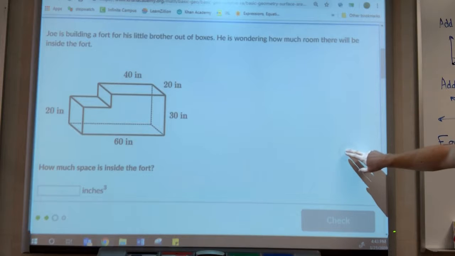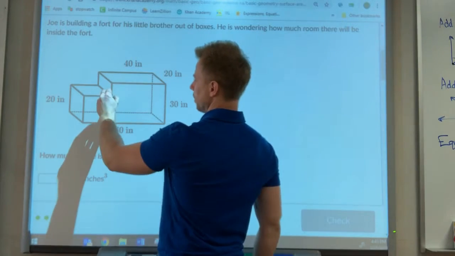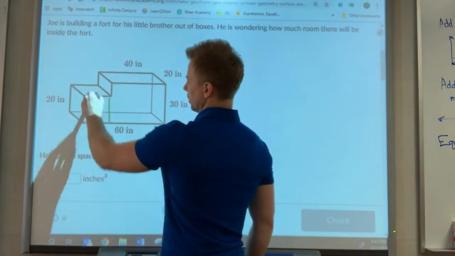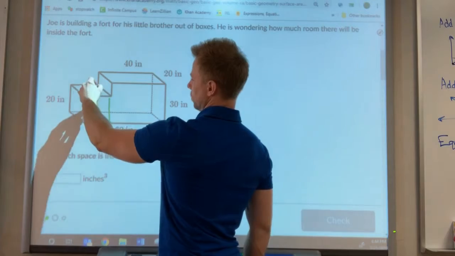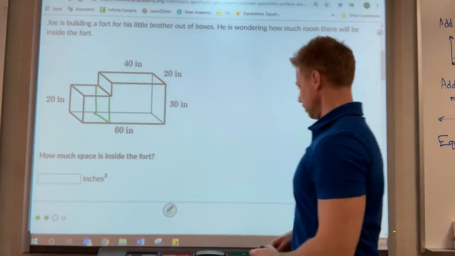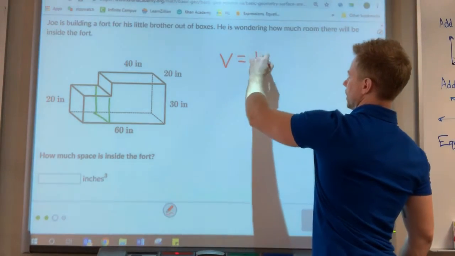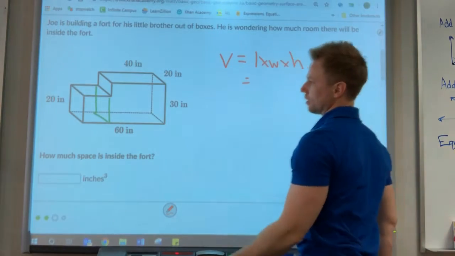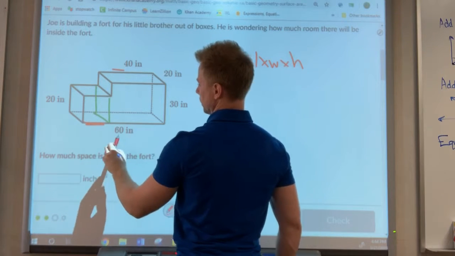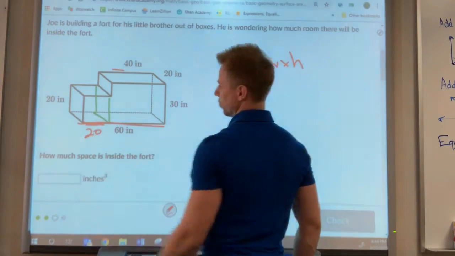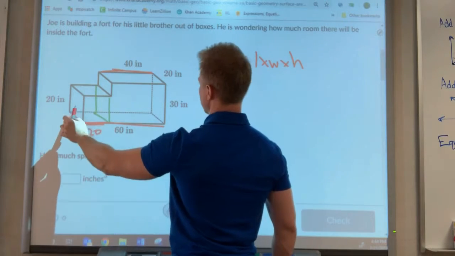Okay, then we need to find the space inside the fort. So again, we're finding volume. We don't have a formula for this type of shape, but what we can do is split this into two shapes that we do know how to find the volume of. So we can find the volume of this little rectangular prism, this bigger rectangular prism, and then add them together. Okay? So volume for this, since it's a rectangular prism, we can just do length times width times height. If this is 40, and this total side is 60, this little piece will be 20. So if this much is 40, the whole thing is 60, that leaves 20 here, 20 high,